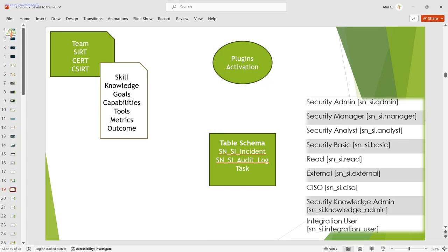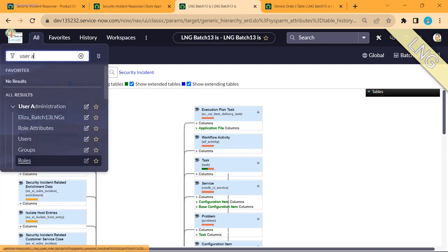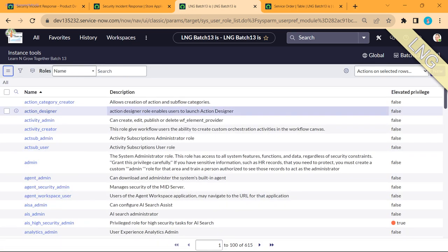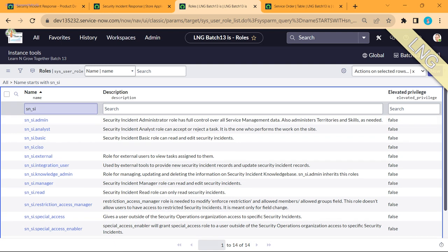Now let's discuss the role level. So let's go back to our ServiceNow instance. Click here and search for the user admin. Open the role, and here let's search with sn_si. So we can see a total of 14 roles have been given by ServiceNow out of the box. But we are going to use only 6 to 8 roles, which are more important for us to understand. And this particular screen you are seeing now is important from the examination perspective